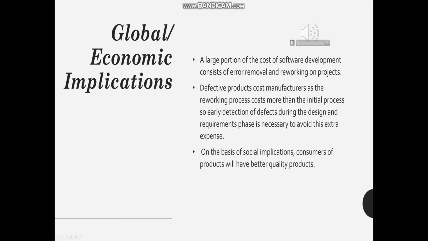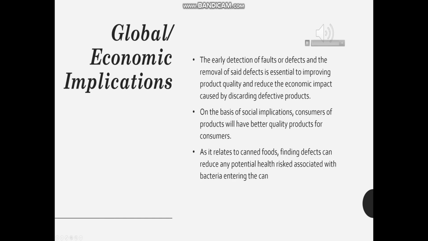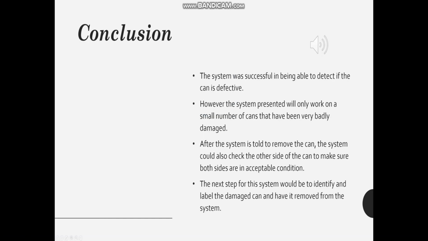The early detection of faults or defects and the removal of said defects is essential to improving product quality and reducing the economic impact caused by discarding defective products. On the basis of social implications, customers have a better quality product. As it relates to canned foods, finding defects can reduce any